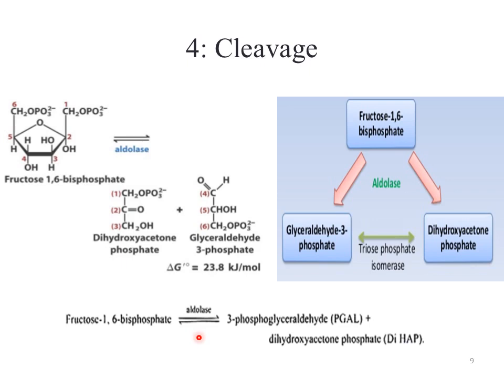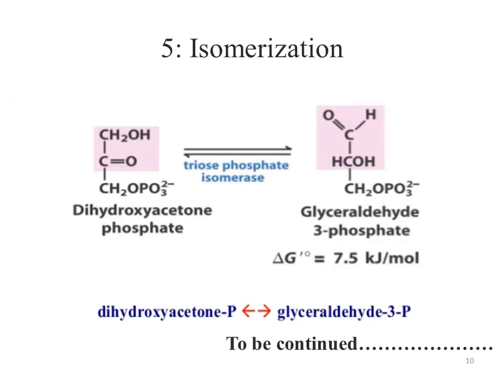It means it can move forward and it can also move in the backward direction, meaning phosphoglyceraldehyde and dihydroxyacetone phosphate can get combined by the use of an enzyme and be converted into fructose 1,6 biphosphate. So this step is crucial as it can move in the backward direction, so it can limit the process of glycolysis during respiration.